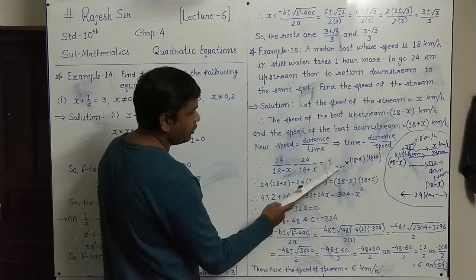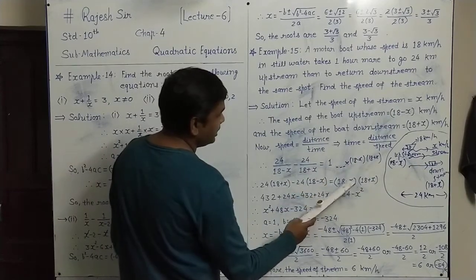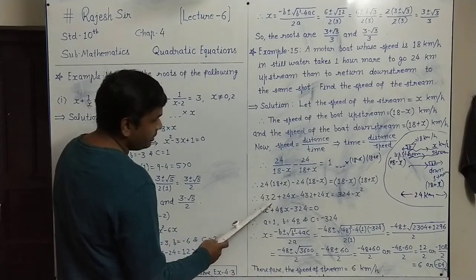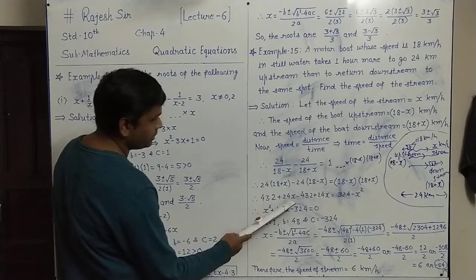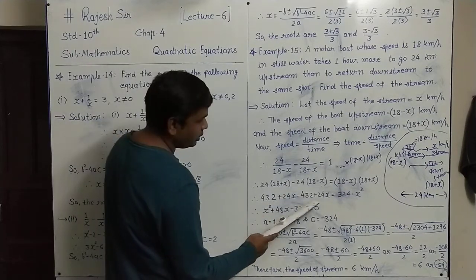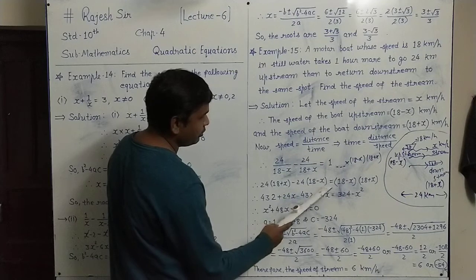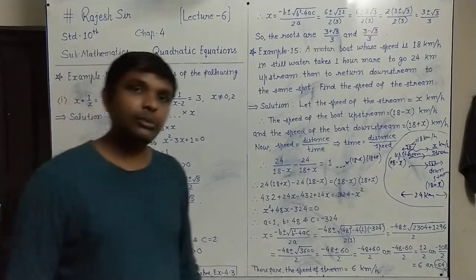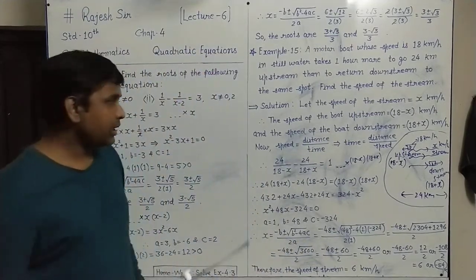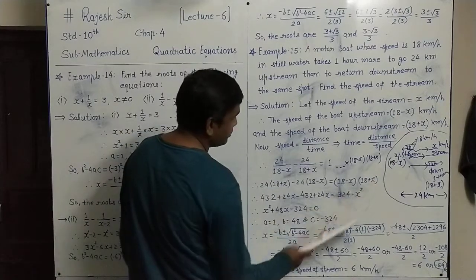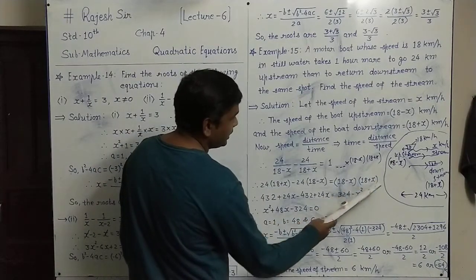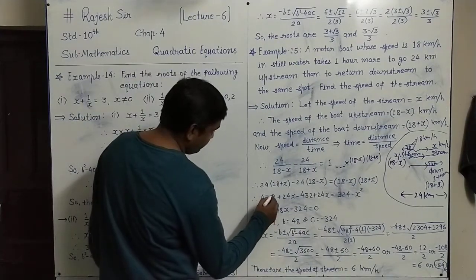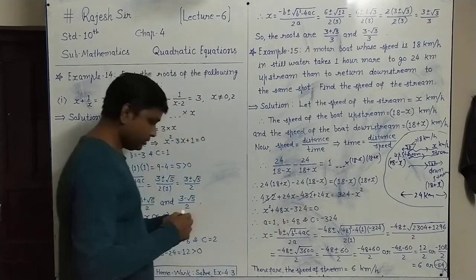We have written this equals 1 into both the brackets we have multiplied, that is 18 minus x into 18 plus x. Now simplify this. 24 into 18, 432, plus 24 into x, 24x, minus 24 into 18, 432, plus 24 into x, 24x, equals to this. 18 minus x and 18 plus x is like a minus b into a plus b. It gives a square minus b square. So it is 18 square minus x square. 18 square is 324, minus x square. In the next step, plus 432 and minus 432 are cancelled.